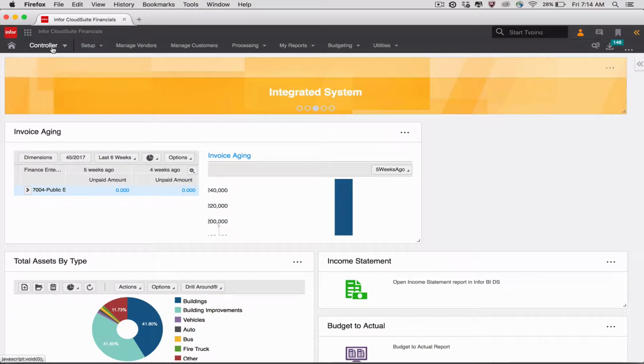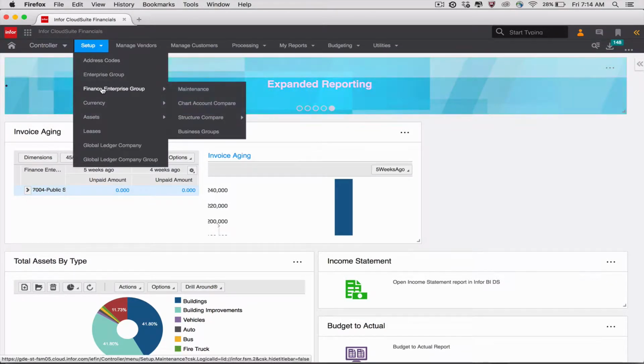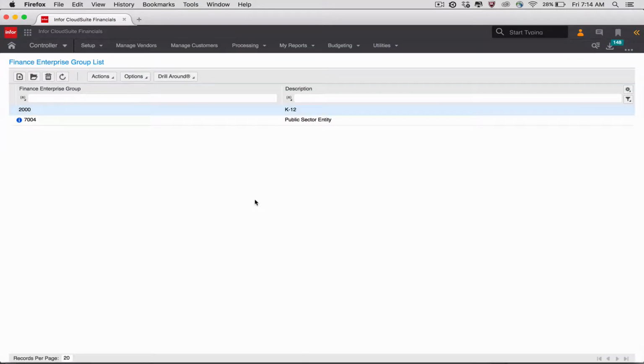This is the role that's going to have the ability to do some of the major configuration of the solution, which includes essentially our chart of account configuration. We really do that in what we call our finance enterprise group. So if I come over here to do some maintenance on that finance enterprise group, we're going to select the